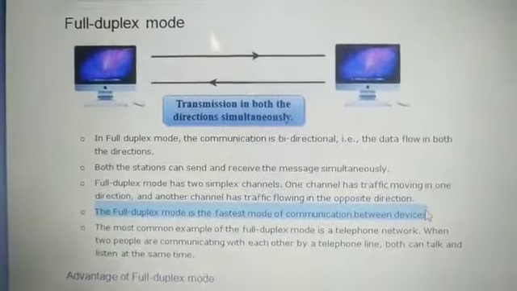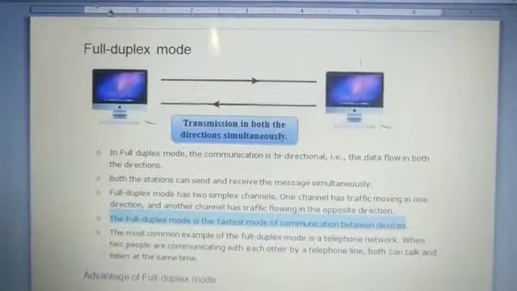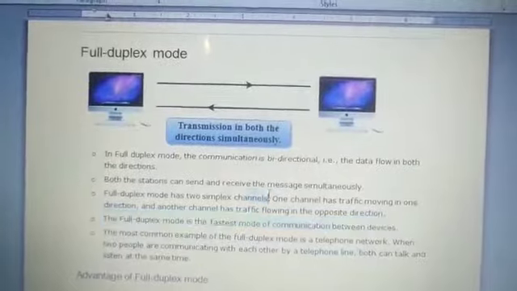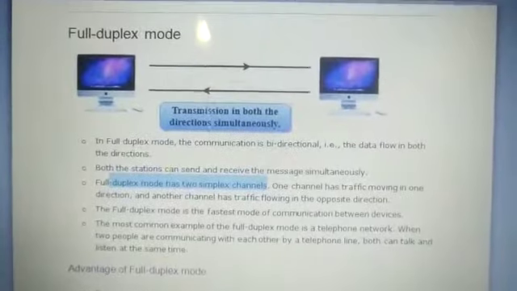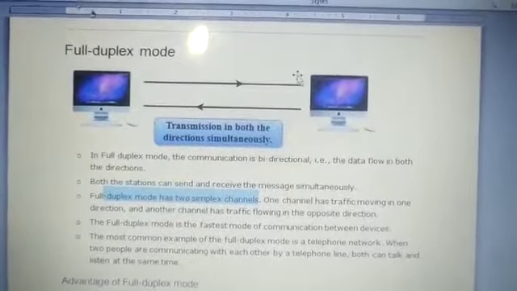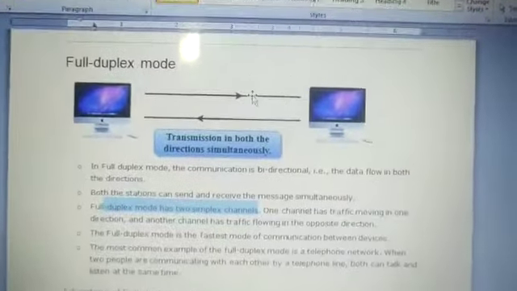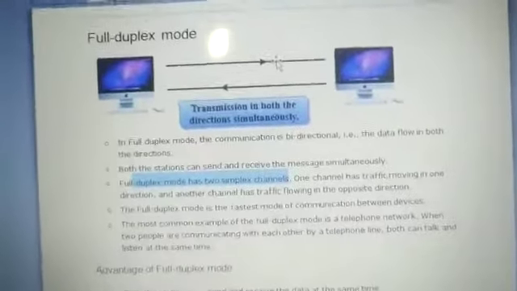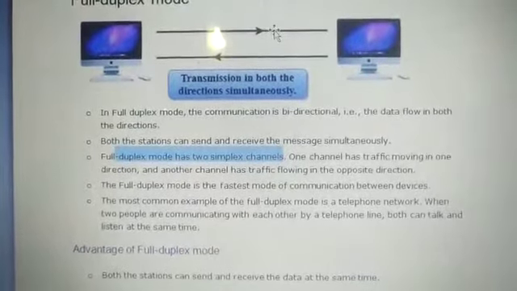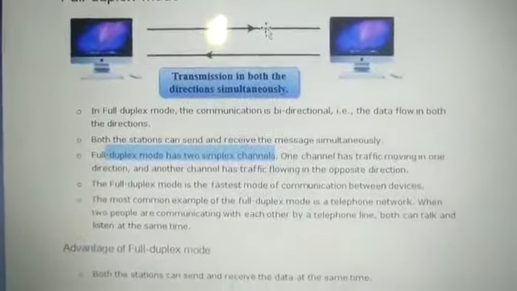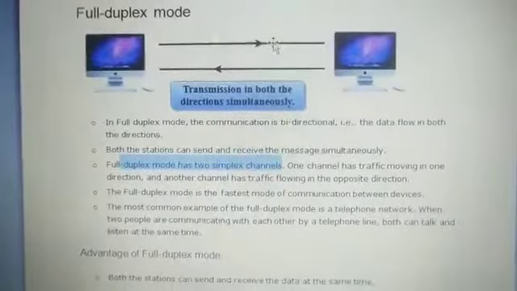But in the full duplex method there is a bidirectional communication path, or two simplex channels. So no channel is busy, because this system sends information on one channel and the other system sends information on the other. Since the channels are not busy, it gives the advantage of faster communication, and at the same time the sender can send and the receiver can send.